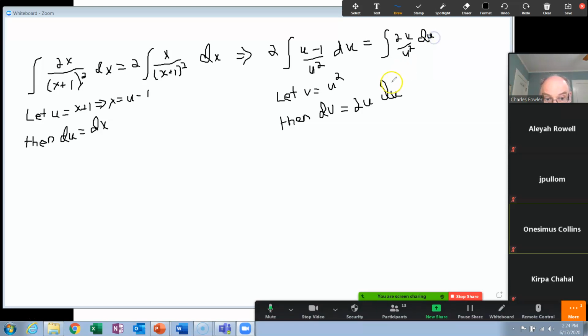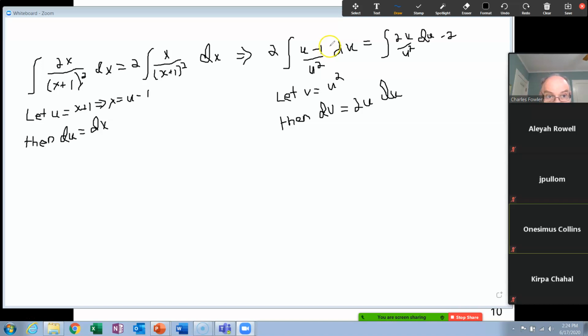We've just worked that one out almost, okay? And then we have a minus 2, because that 2 is still on the outside here, of the integral of 1 over u squared. I don't want to write it that way. I'm going to write that as u to the minus 2 du. And guess what? We can do that integral too. This one here is exactly what we set up to do here. I'm sorry, I'm in a hurry and I'm making a mistake. I should have had the integral sign in there, but I can't erase it now. Sorry. Okay. That's the integral of